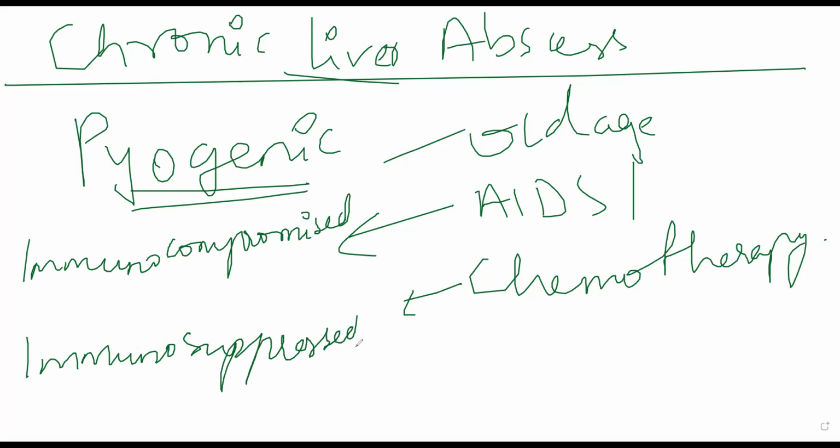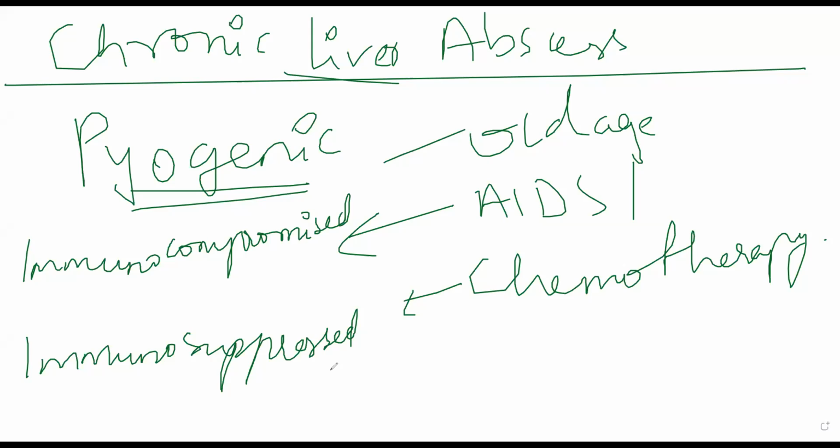The difference between them is that whenever a patient has AIDS, I've not taught about AIDS to you till now, but essentially what happens is HIV, the virus that causes AIDS, will target CD8 plus T cells in your body. It will use CD8 plus T cells in the body to start proliferating, and as a result CD8 plus T cells will start getting damaged, wherein an important part of your immunity is being damaged. Those patients are called immunocompromised because their immunity has been compromised. Their immunity has been damaged.